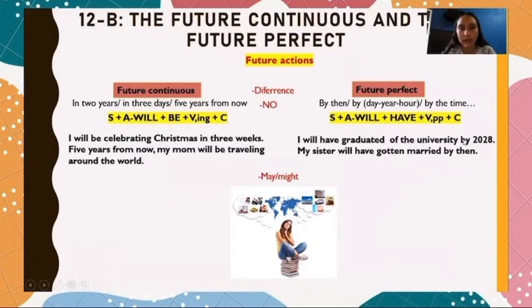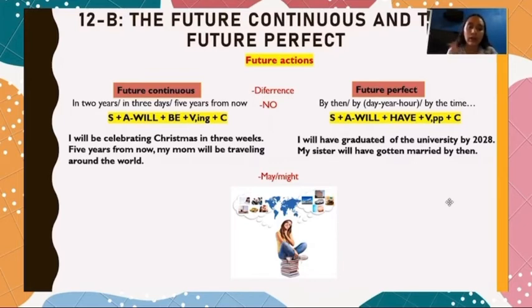And the last topic was the future continuous and the future perfect. We use these future forms to talk about something in the future, like future actions, future wishes, or future ideas that we have right now. We use future